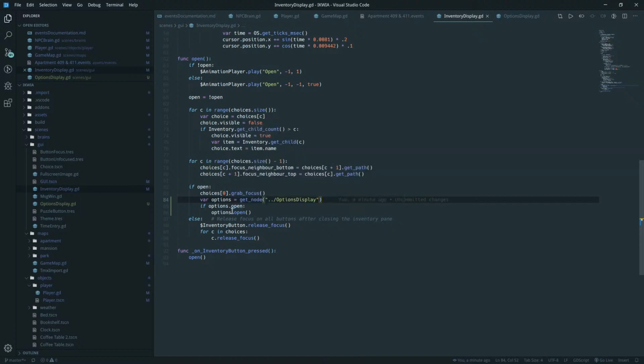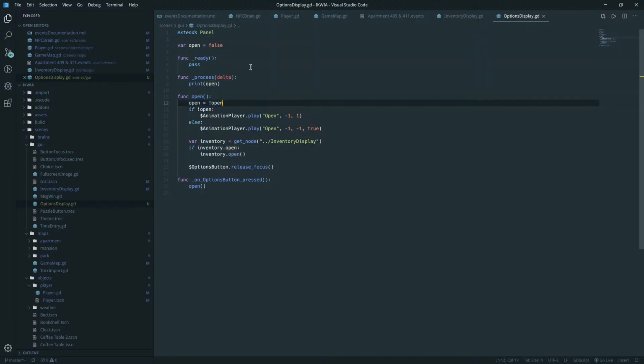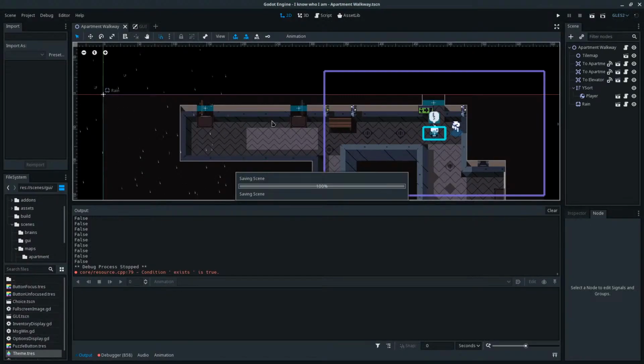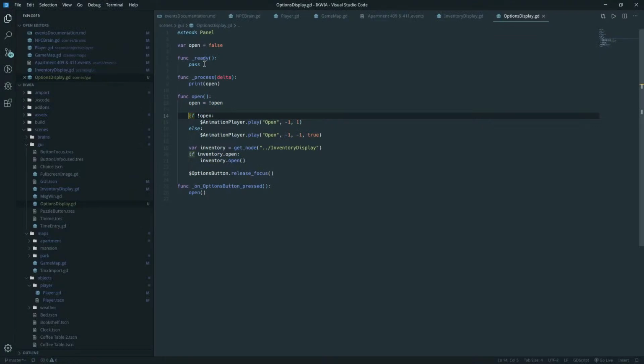If options dot open, options dot... Oh, I see. So I guess it should be like that. False. I guess it's because the animations themselves are backwards. Maybe that's why it doesn't quite work the way that I expect it to.